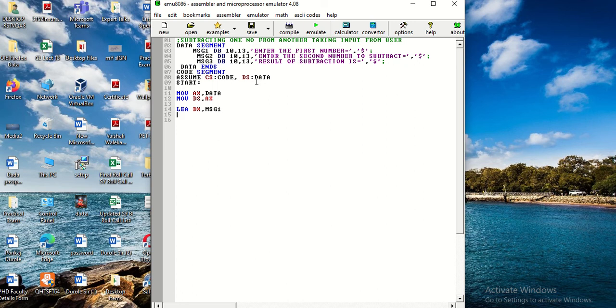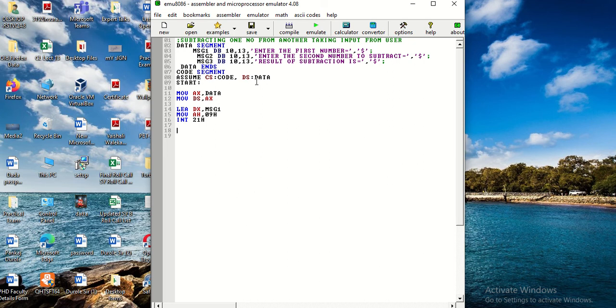So message 1. Now here we will use a function, mov ah comma 09h, which is under the family of int 21h. So what these three lines of code are going to do is display the message 1, that is, enter the first number, and this mov ah comma 09h is the function with the help of which we will display the message 1 on the output screen.